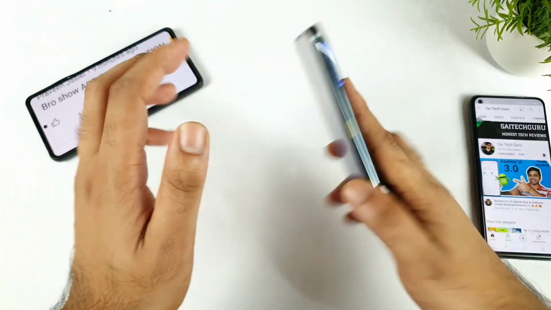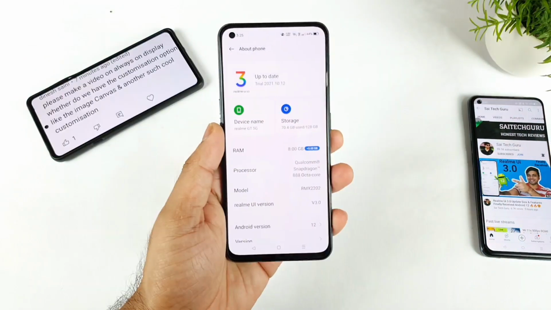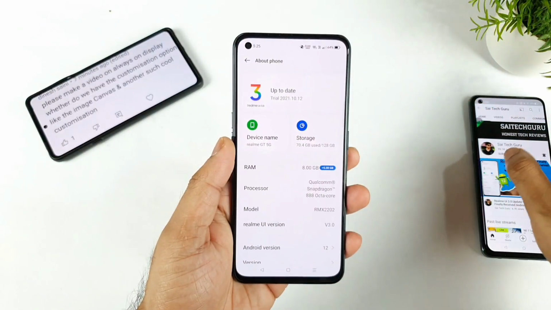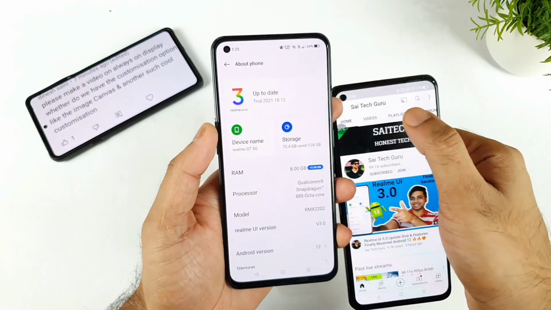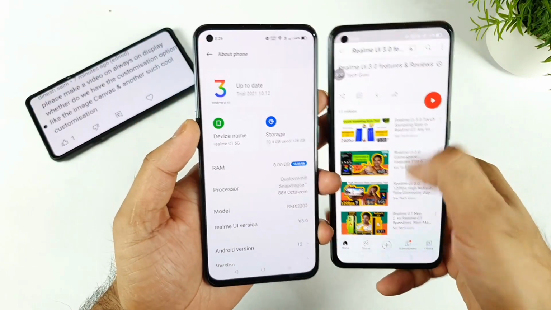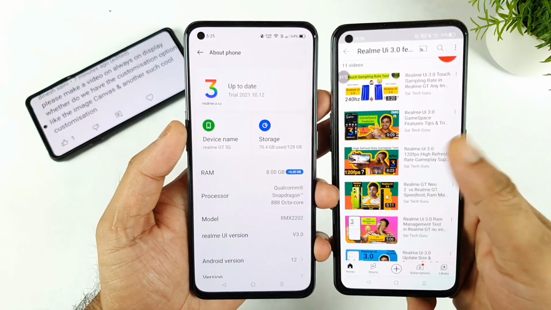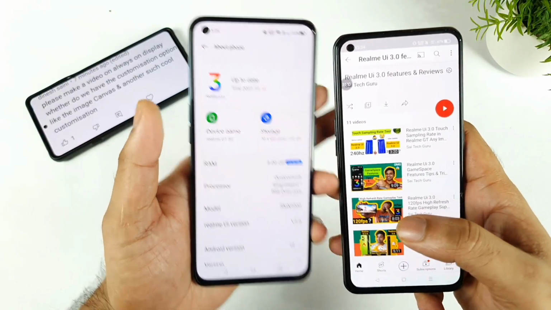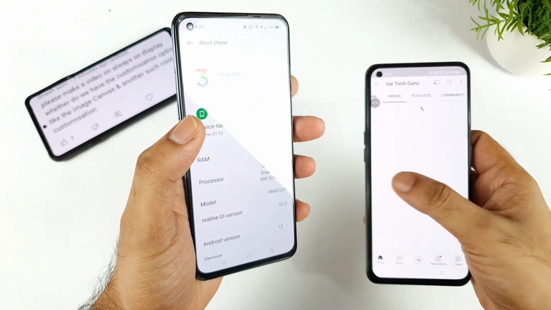Right now I did install it in the Realme GT device, which is early access. And I did upload plenty of videos already on the Realme UI as well. So in case you want to know more details, try to check the playlist which I uploaded, friends. Once you click the playlist, you will be able to find all the recently uploaded videos. Everything, A to Z topics, I'm trying to upload one by one. So make sure to stay tuned for more updates.